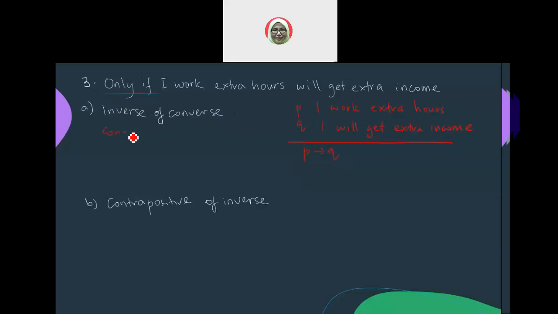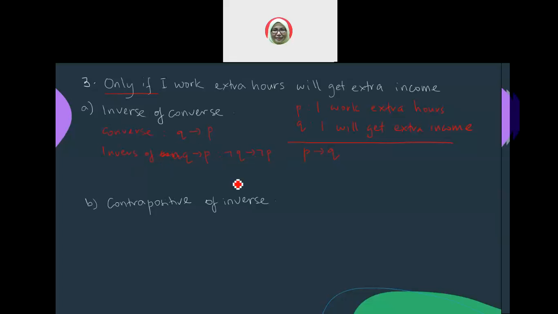The converse of the statement is Q implies P. And then the inverse of this symbol, the inverse of the converse, is not Q